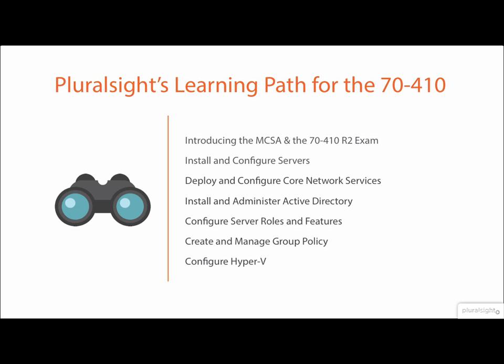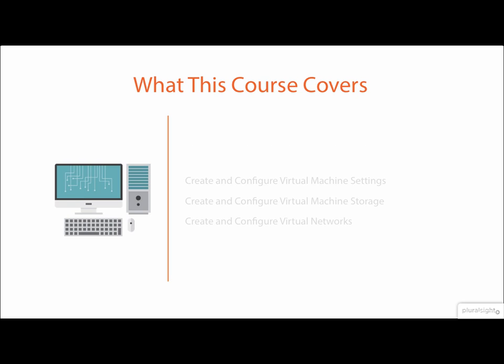So what are we going to do in this course? It's a good topic to talk about. We're going to create and configure virtual machine settings in Hyper-V. This is going to be creating the guest operating systems, getting an operating system installed into the guest, getting applications set up in it, getting it virtualized. Once that's done and we've got memory and processing assigned to it, we want to take a look at the features you have for storage. We don't just have to use the local storage in Hyper-V. We can use shared storage from the big storage devices you have on your network, storage area networks or SANs that are out there. We also want to see the different types of virtualized disks that you can create.